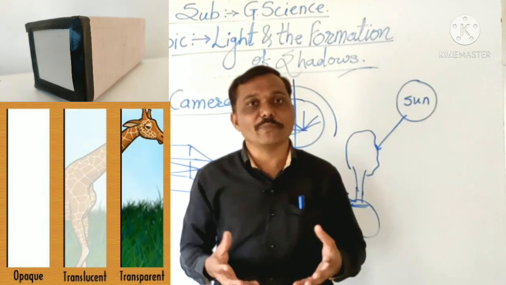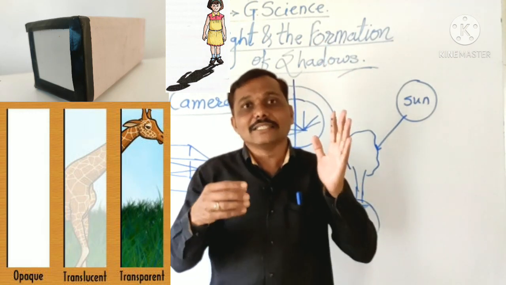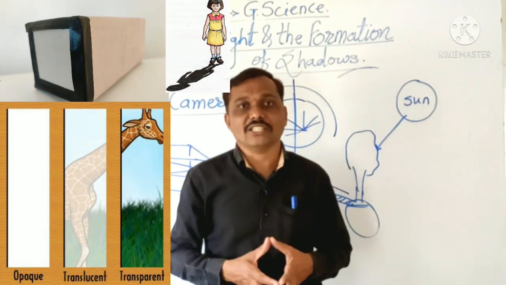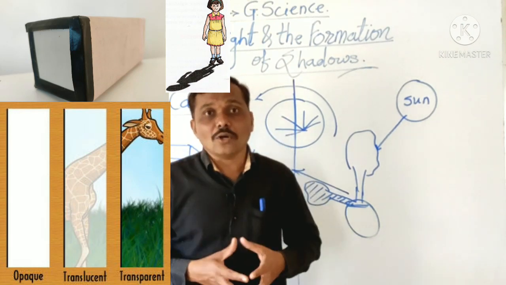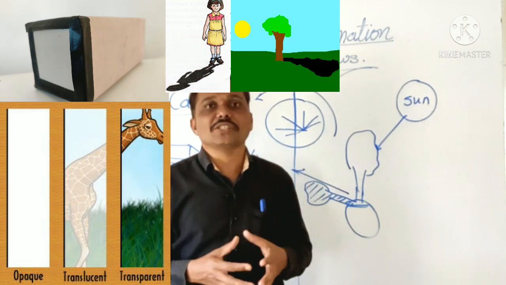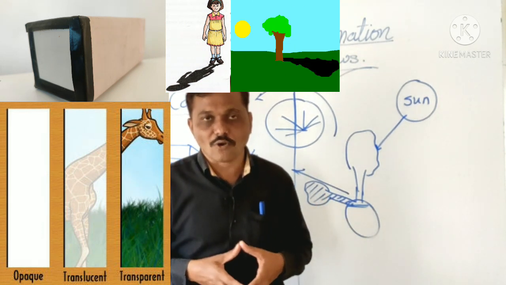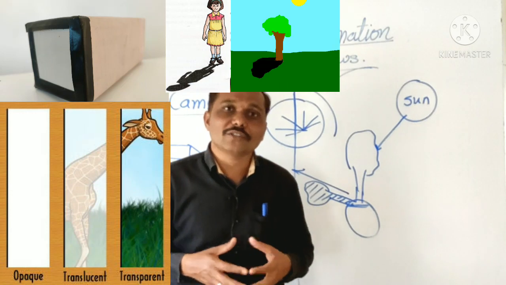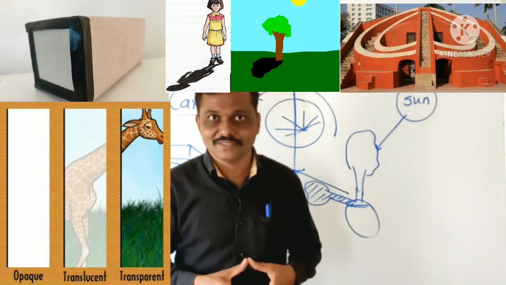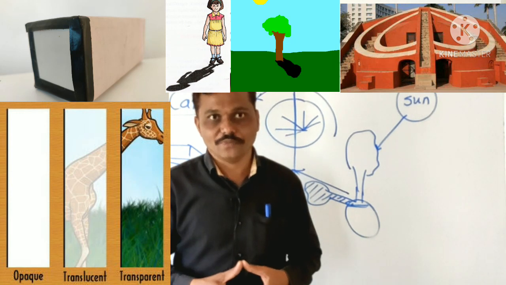After that we learned about what is meant by shadow. If any opaque object comes in the way of a source of light and the light falls on the object, and because of that darkness forms behind the object, that is called a shadow. Shadows are formed in different shapes and sizes because of the relative distance between the object, the source of light and the surface where the shadow is formed. After that we learned about the sundial. A sundial is an instrument which was used to measure time in earlier times by the extent and direction of the shadow.